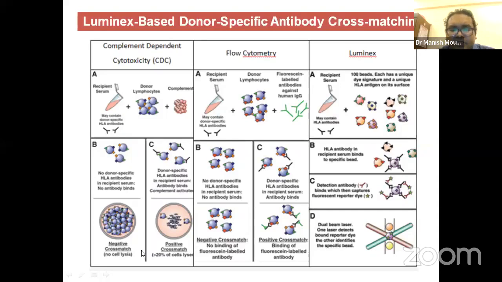So this is a very basic CDC cross-match that each and every laboratory is doing, but it is very less sensitive, and a lot of the time a negative report comes. The next level of sensitivity is the flow cytometer. In flow cytometer, again, we take a donor cell and the sera. We incubate the donor cell with the sera, then add a secondary dye,